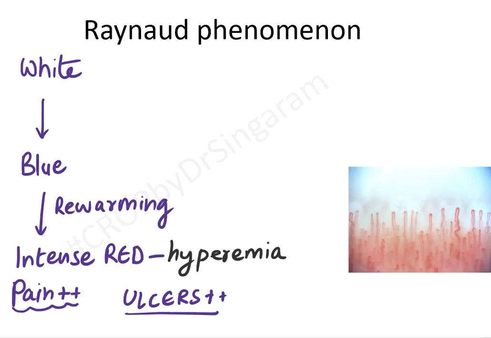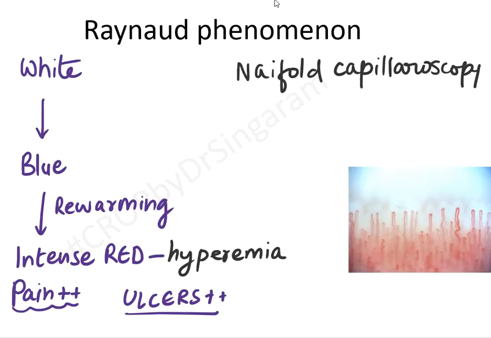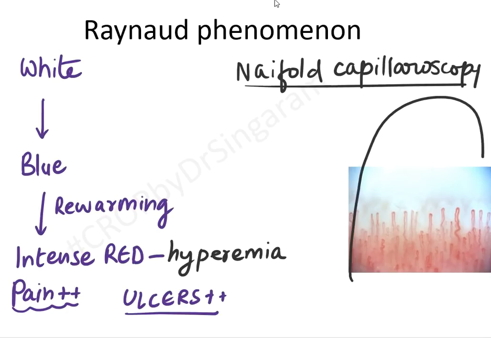Now, what is the other thing given in the picture on the side of this slide? I told you Raynaud phenomenon can be primary or secondary. How do you differentiate? One is the presence of systemic disorders like scleroderma. The second thing is a test called nail fold capillaroscopy. You put an oil drop over the base of the nail and then examine it under the microscope. This is the full nail, and the edge of that nail plate is what you are looking at under microscopy.